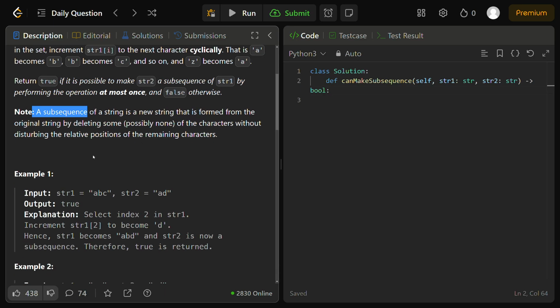So in example 1, we have our input string 1 and string 2 to be the strings ABC and AD respectively, and we have to output true. Why is that? Well, because we can select index 2, which is going to be a B in string 1, right? And we can increment string 1 at index 2 to become D. And all of a sudden, string 1 would become ABD, and string 2 would then be a subsequence of ABD,